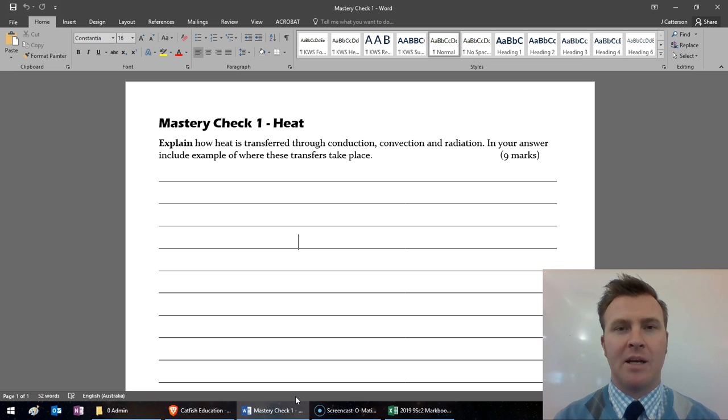So this made me decide to talk to the class about the idea of the mastery checks and the idea of actually checking to see where you're at, rather than just getting over the line for the sake of it. So just basically copying somebody else's. I didn't want to jump up and call people out for doing that, because